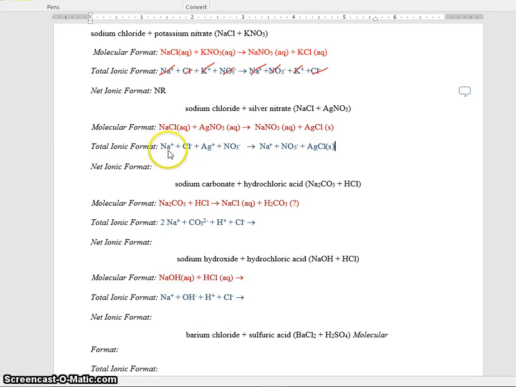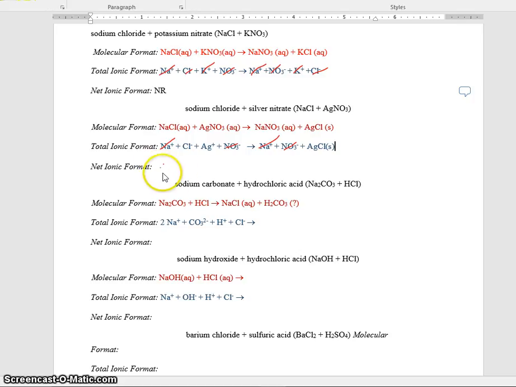All right, so on this side of the equation we have sodium, and over here we have sodium. I shouldn't cross them out until I say that. Well, chloride ions are swimming around over here, but now chloride is bound up in this solid, so we can't cross those out. Same thing with silver. We can't cross those out either. Nitrate, however, is swimming around in solution over here and still swimming around in solution over here, so I'm going to cross those out. So our net ionic equation,